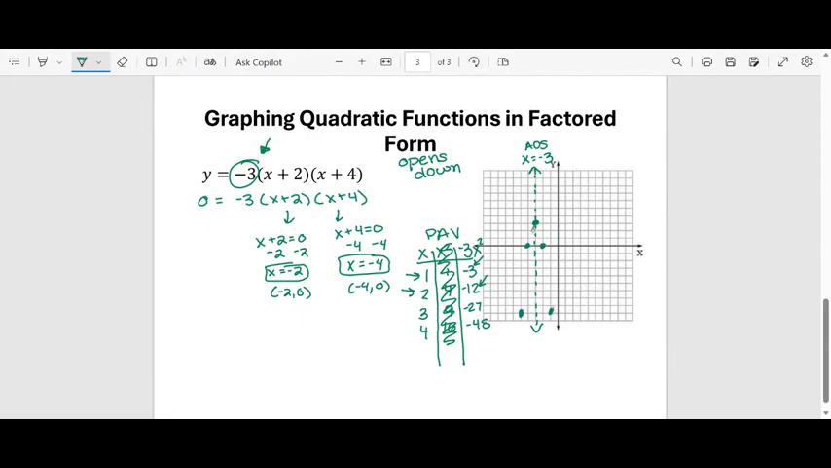So as you can see, this graph is nice and skinny. Itty bitty integers made this a nice skinny graph. It opens down, and my x-intercepts are going to be at